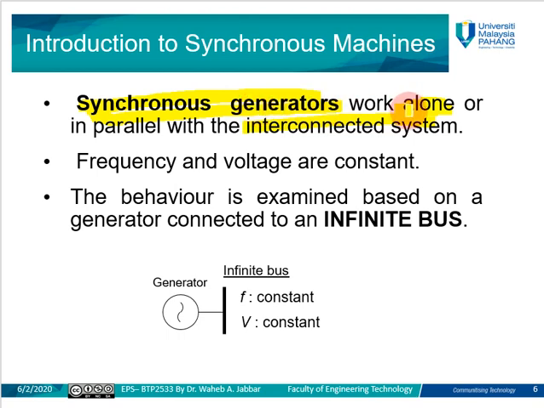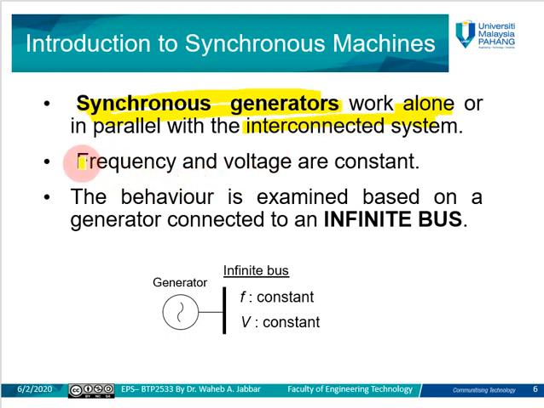So we can have one generator which supplies a separate load. For example, if we have a power station placed in a rural area or on an island, it does not need to be connected to the grid, so it can feed some load based on the existing load on this island or in this village. Okay,